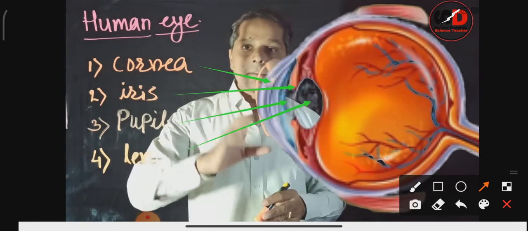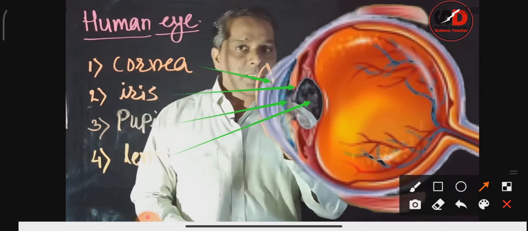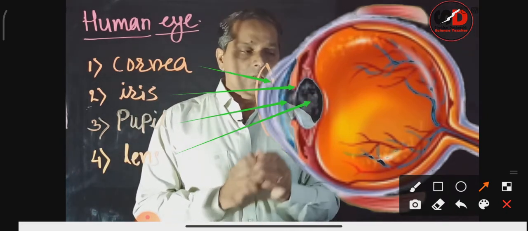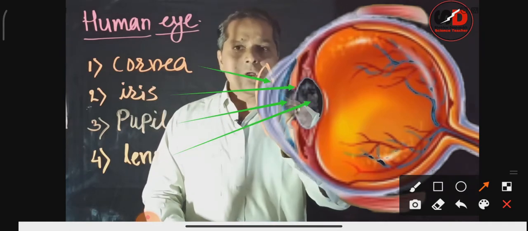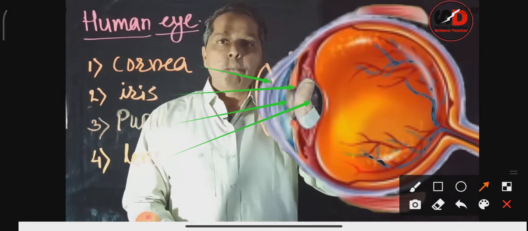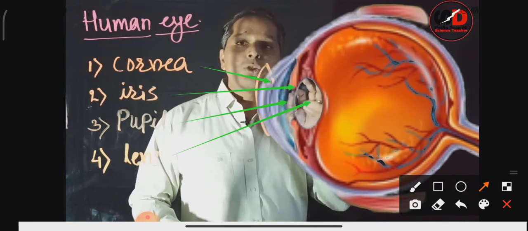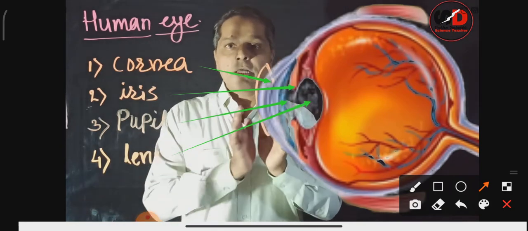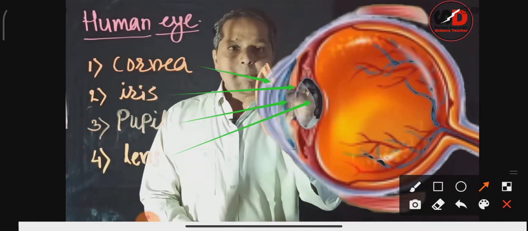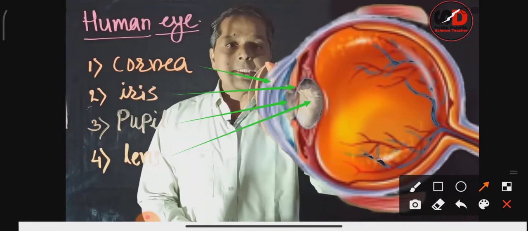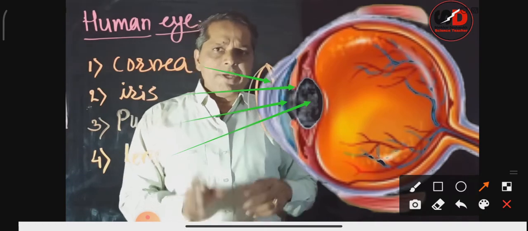It can change its focal length so as to form the image on the retina. So this crystalline biconvex lens has the ability to change its focal length by adjusting its shape. That means it may become flat or it may bulge out to change the focal length. So this is about various parts.